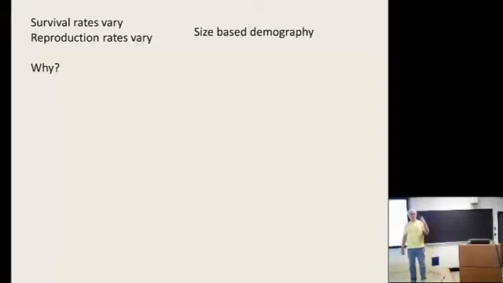First of all, I have to make sure to tell you that this represents a size-based demography. I was plotting a lot of things as a function of age, but that's really not very informative in many cases. The thing that really matters to the reproduction of harvester ants is the size of the colony. If you look at colonies of different size with the same age, the bigger one is going to reproduce more. If you look at colonies of different ages but the same size, they tend to reproduce the same amount. So age doesn't matter, it's size that matters.